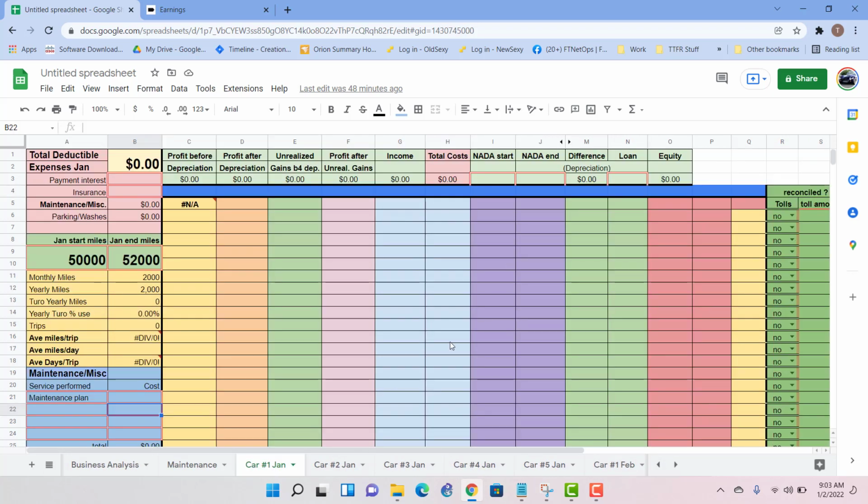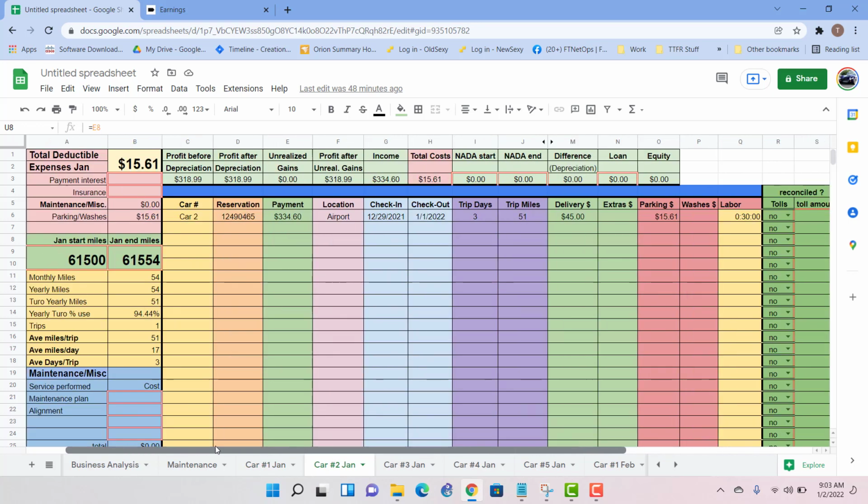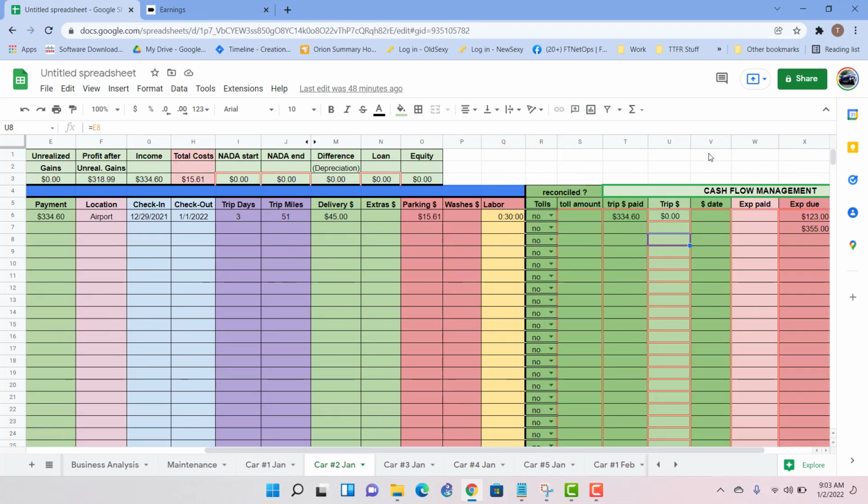January, sorry. Car 1 for me is out, still down, so I'm not going to have anything in that car. And so we've had a completed trip on this one, and I think in a previous video I went over a little bit about that. It will automatically populate to the trip dollars here, and all you will have to do then is move the trip from trip dollars to trip dollars paid,